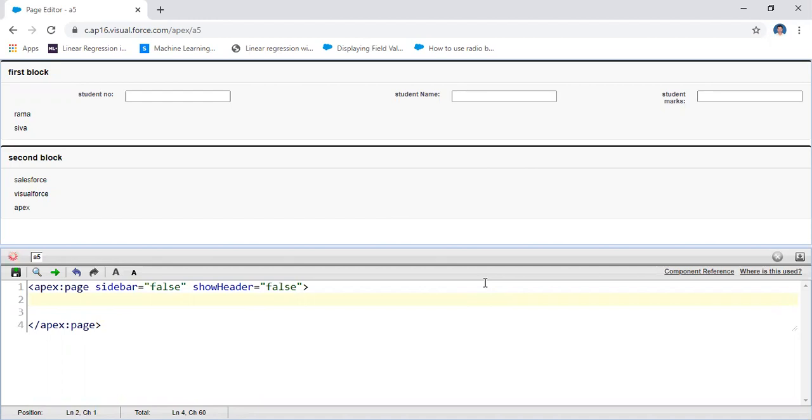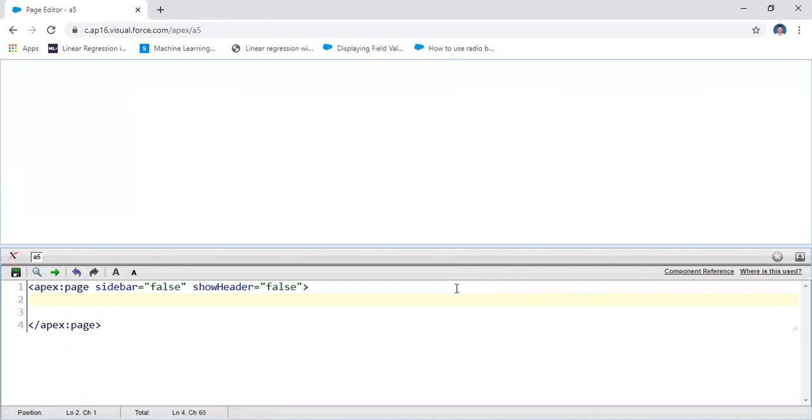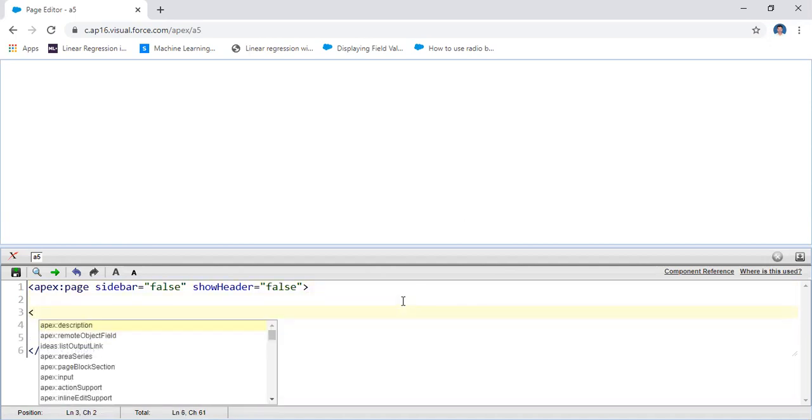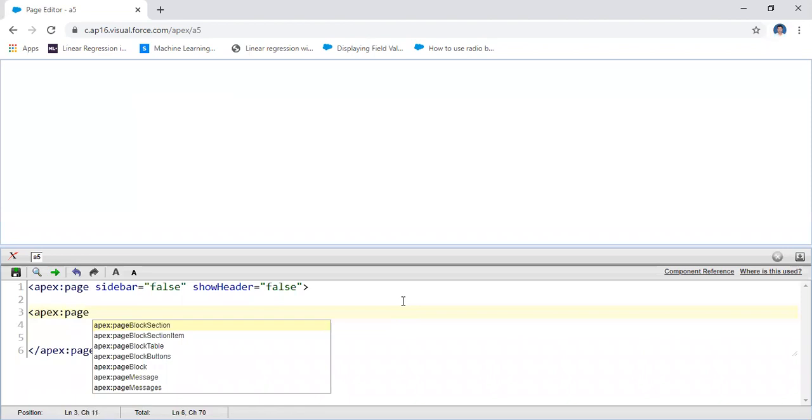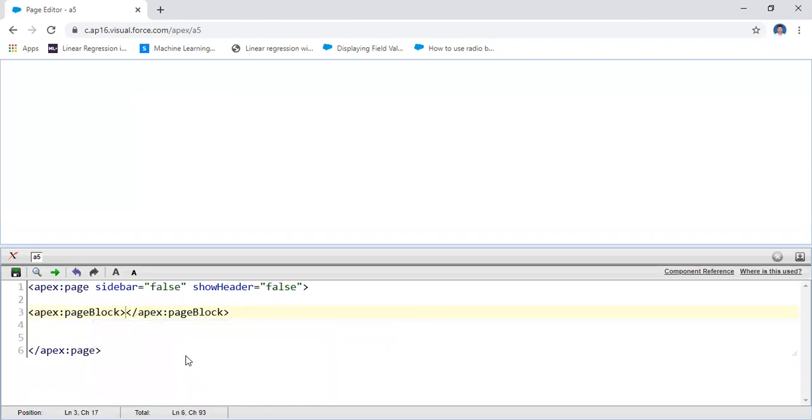I'm taking the empty page now. Yeah, it is an empty page. Under the page block you will write the page message tag. Here apex page block, I'm going to write the page block. Here it is a page block. Under this page block I'm going to write the page message.